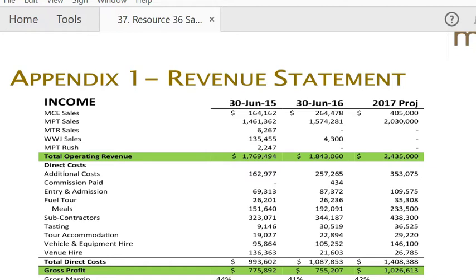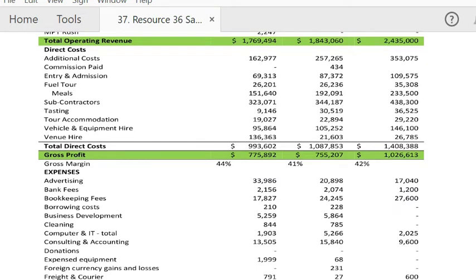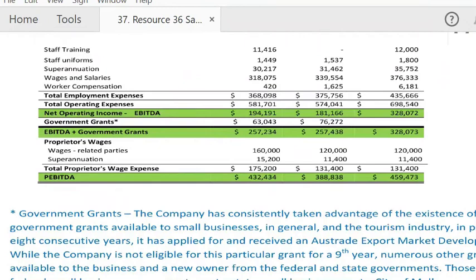And then we've got our gross profit margin here, which is pretty good at 44, 41, and 42% respectively. I always aimed to price our experiences using a profit margin of somewhere between 40 and 45%. It just worked really well for the profitability of our business. And then we've got our business operating expenses down here, and these, as I mentioned, were taken pretty much straight out of our profit and loss statement. So over the next page, we get into the meaty part of it.